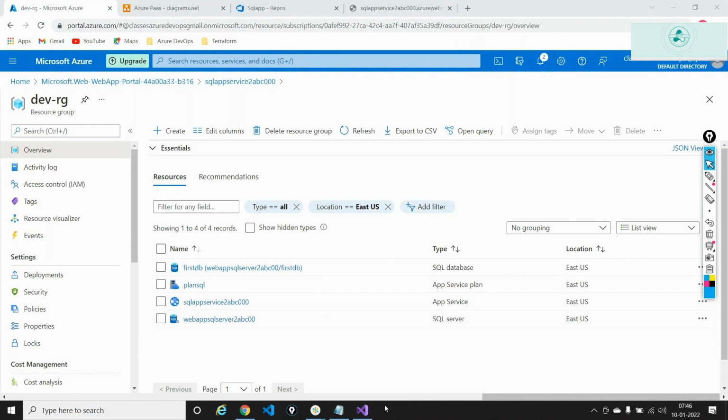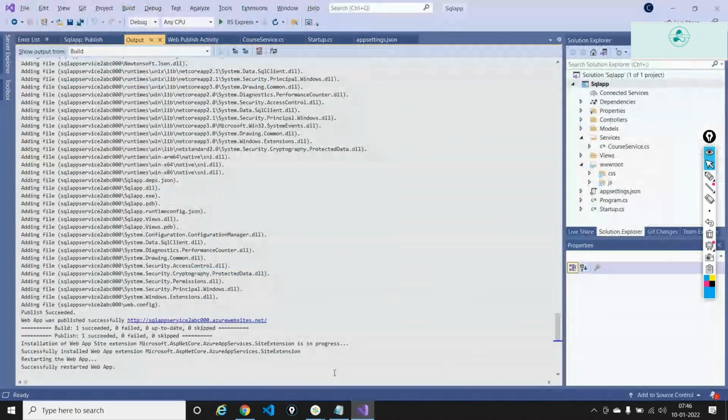So I have deployed my code. It said the application got restarted successfully. So whatever we did yesterday, or a couple of days ago, like creating a sample code and deploying it, I'm now taking a code that is created by someone else. Since I'm not a developer, I did not write this code. I just downloaded it from a GitHub repository and am using it for my demos. And as and when I deploy this code here,